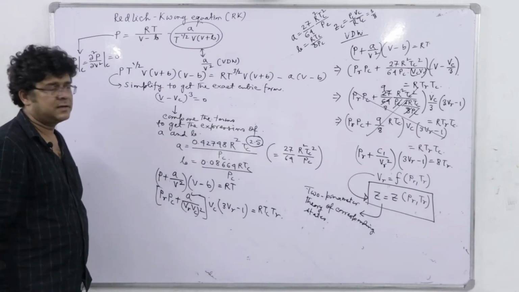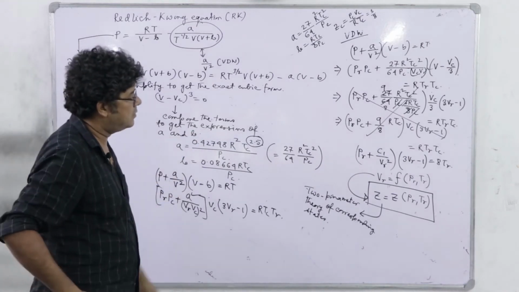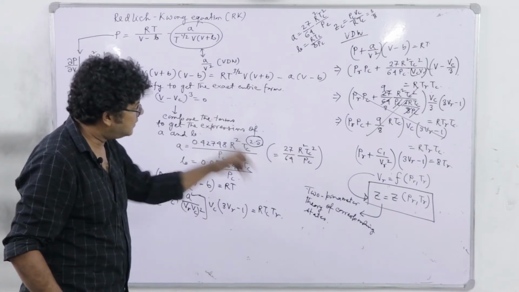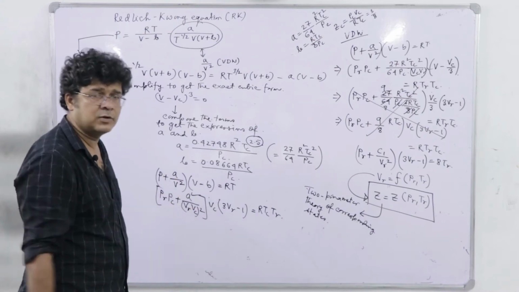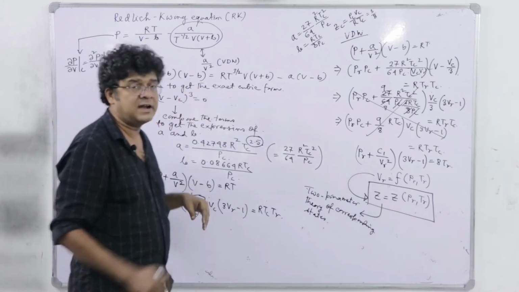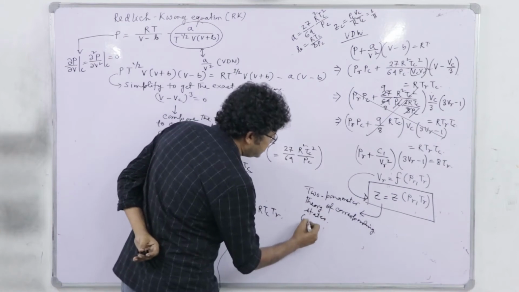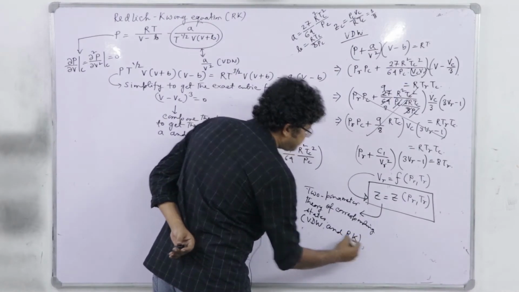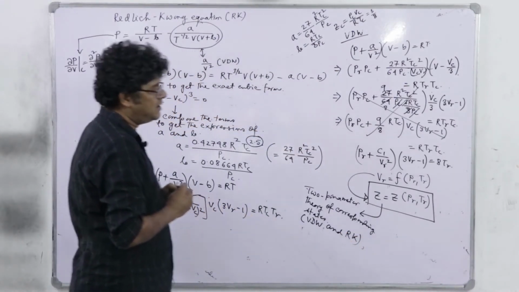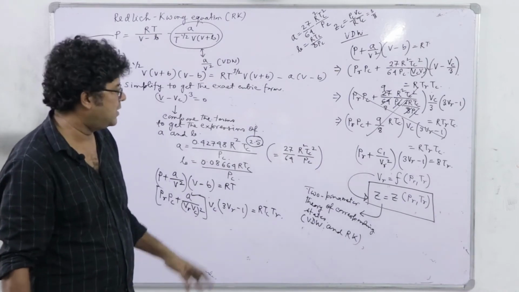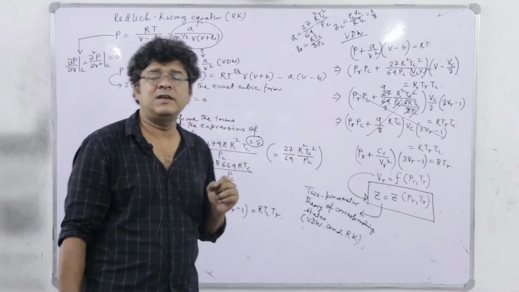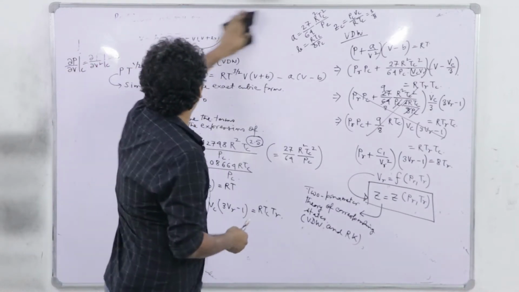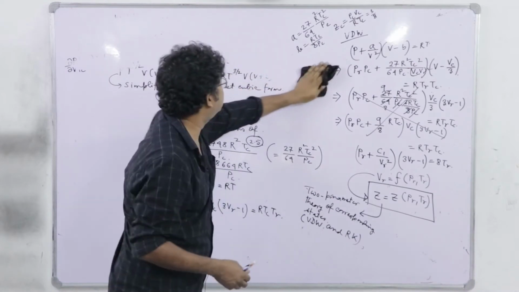So, basically we finally come up with Z as a function of PR and TR only from the van der Waals equation, and the same will be true, the functional form will be different, but the same will be true for the Redlich-Wang equation, right. So, van der Waals and Redlich-Wang. Now, the point is that this two parameter theory of corresponding states was found to be valid only for simple fluids, okay. And what are simple fluids? Basically inert gases.